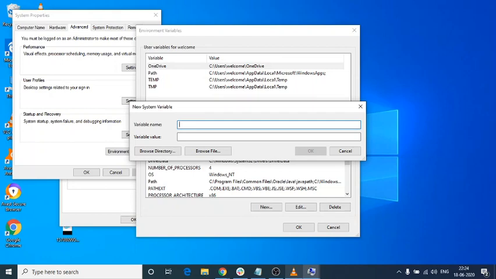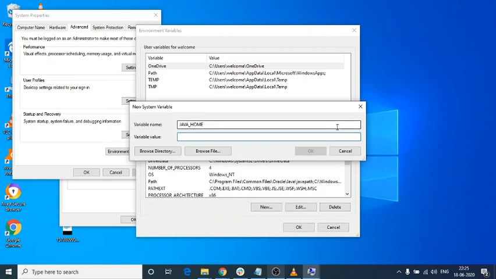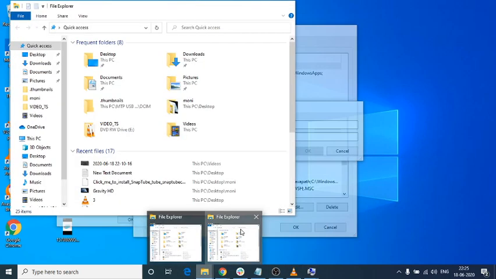Sorry, first you need to set JAVA_HOME. For this you need to go to the Java location where we installed this JDK. I already told you it is installed in the C folder. Now I am going to the C folder.